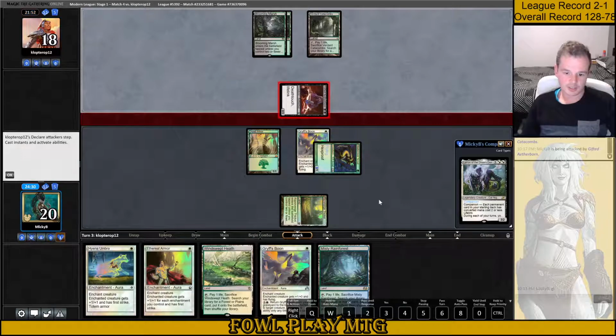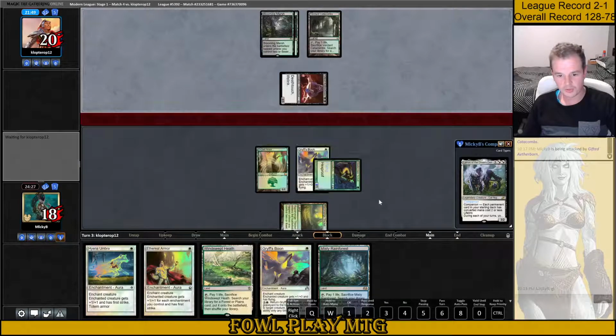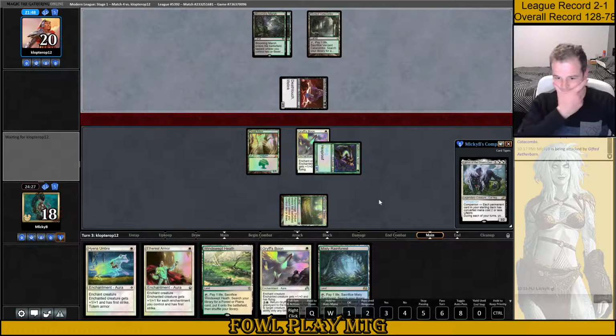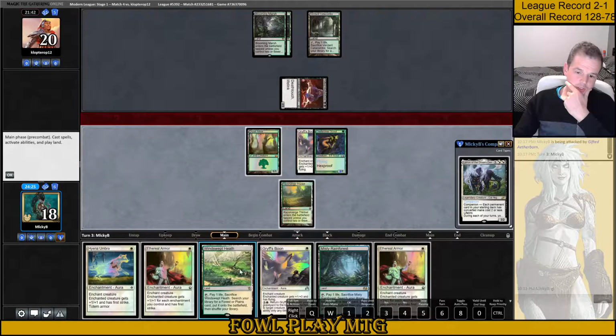Right, so they're attacking. Of course, I'm not going to block. I can't imagine anything worse in the world there. Let's see what they do with their second main. Maybe we'll get some more clues as to what their deck's doing. Maybe it's a vampire deck. So they do nothing there. Are they just like...